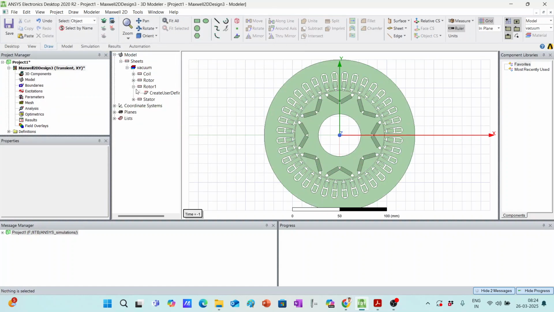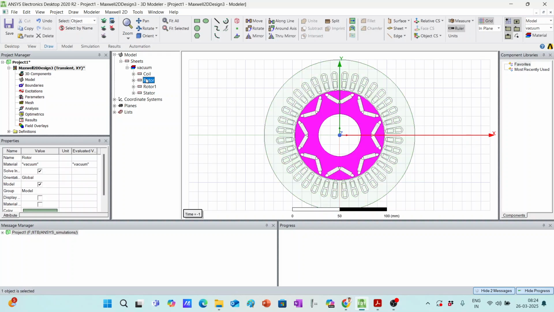Now all our geometries have been created. Now, it is a 36 slot 8-pole machine, so its HCF would be 4. So it has a symmetry of 4th, that is, 1/4 symmetry is there. Now I want a configuration where two V shapes will be there in 1/4. So I will actually rotate